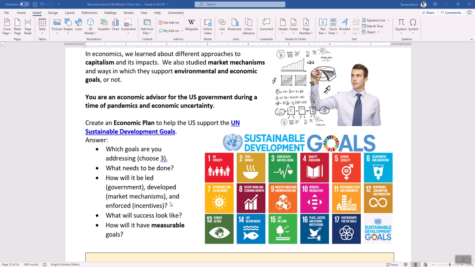So for example, and here's our Sustainable Development Goals, right? Maybe I'm going to work on goal number 10, reduced inequalities. Maybe I'm now the advisor to the US government during a time of pandemics. Well, now I'm facing a 20% unemployment rate, right? I'm facing the possibility that a lot of my small businesses have closed and won't open again. And I'm facing the possibility that this could be long-term unemployment, and that if people are unemployed and they don't have money to spend in the economy, then even when I open my economy up again, no one's going to